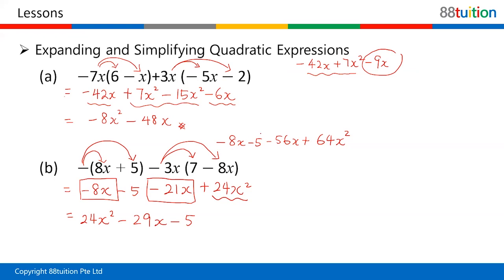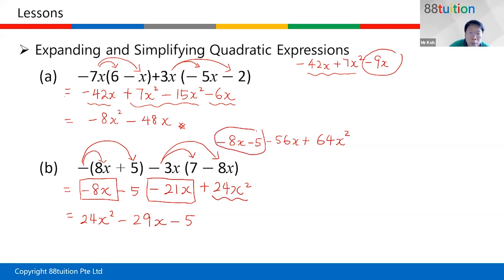Okay, so it looks like you have this part here. But the next expansion doesn't seem okay. 3 times 7, is your multiplication okay? Yeah, I accidentally wrote 8x instead of 3x. Okay, now